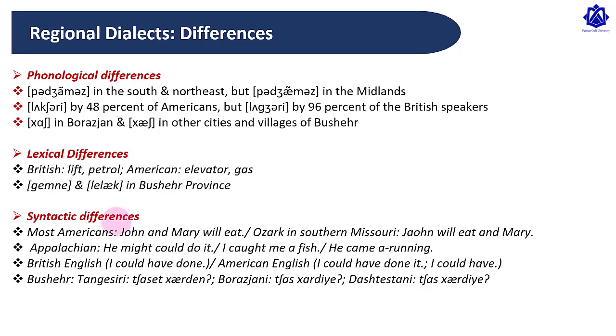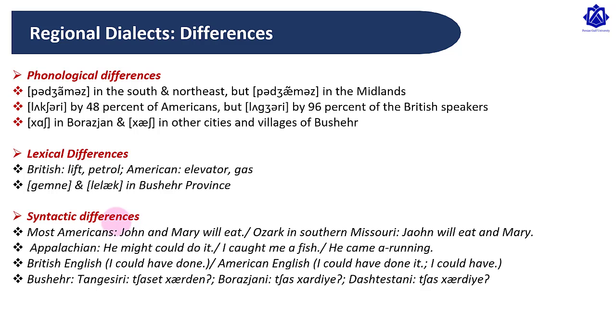But in Ozark, in southern Missouri, "John will eat and Mary." So this structure is ungrammatical to most Americans. And to us who know standard American English that is written in the books and for which there are grammars, such a structure is not. But this exists in Ozark